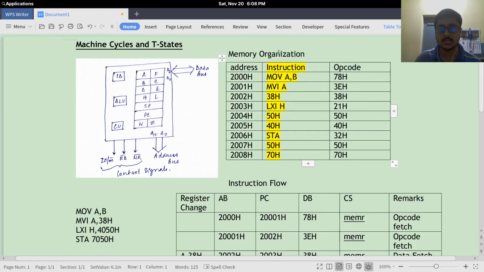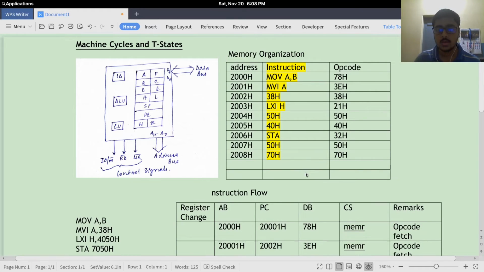So if this is the memory organization, 7050H is an address in the memory location, and it contains the opcode slash data, which is 38H.